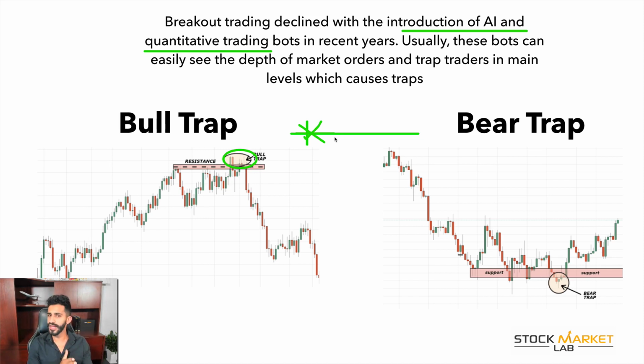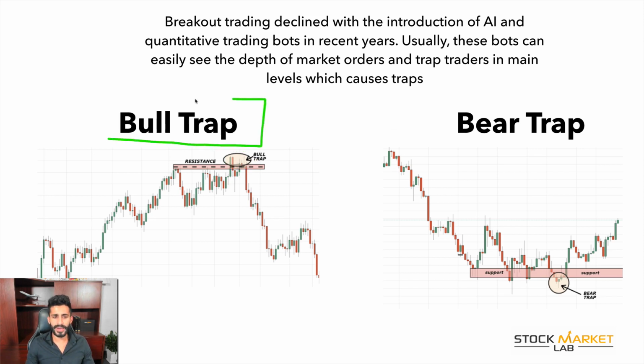We understand trading is not that simple. We understand that a lot of these plays are traps. So our job is to be on our feet and say, okay, is this a trap? Should I wait for a pullback? Was this a strong breakout? Was this a fake breakout? What happened? So in a bull trap, and I'm pretty sure, once again, a lot of people get trapped in this,